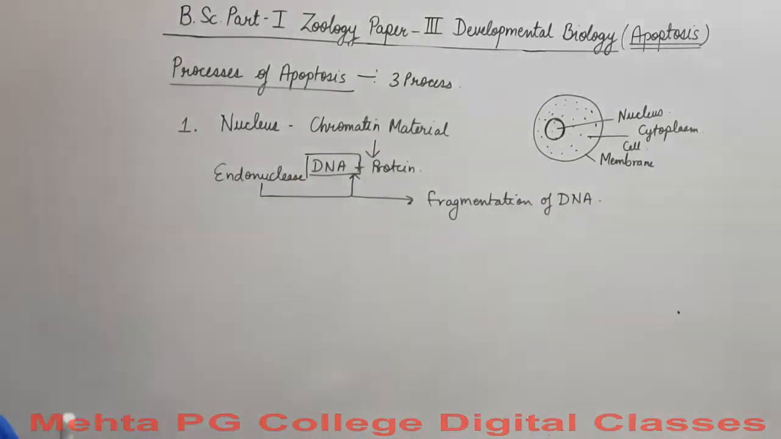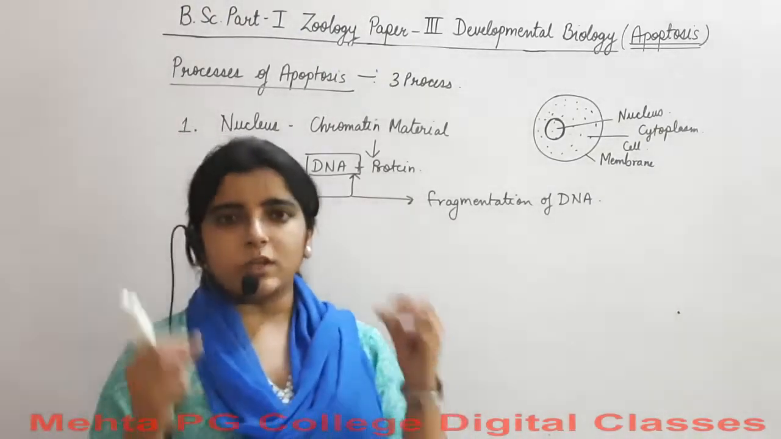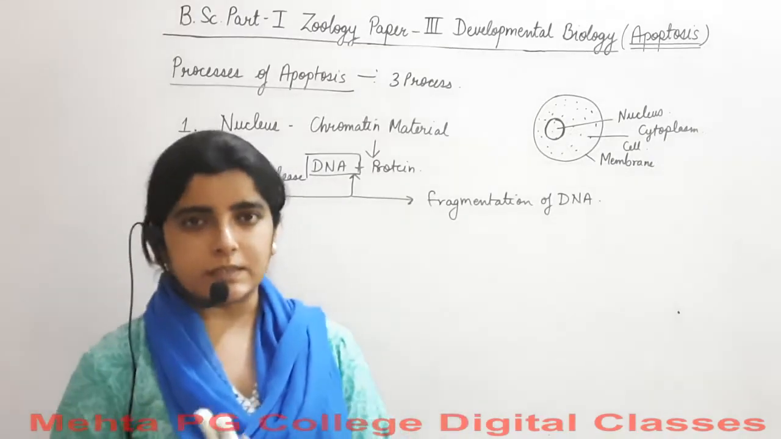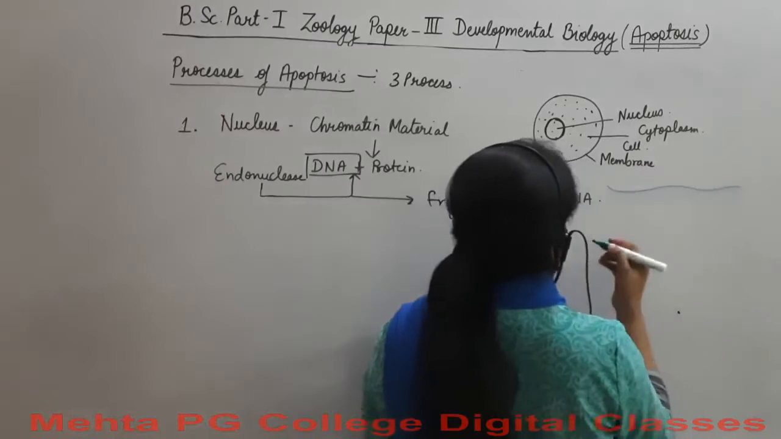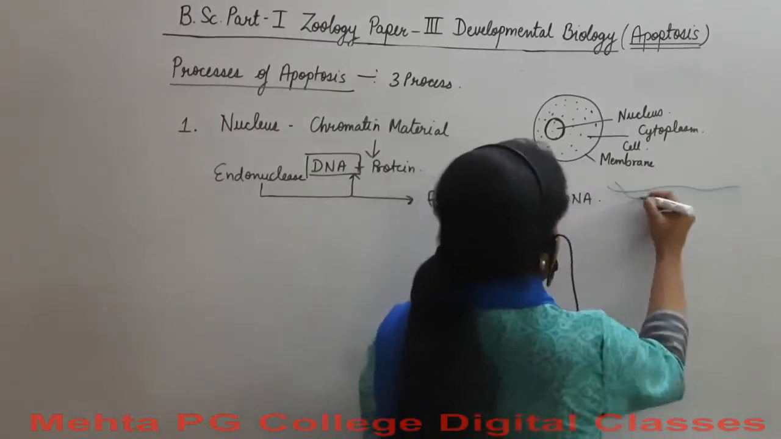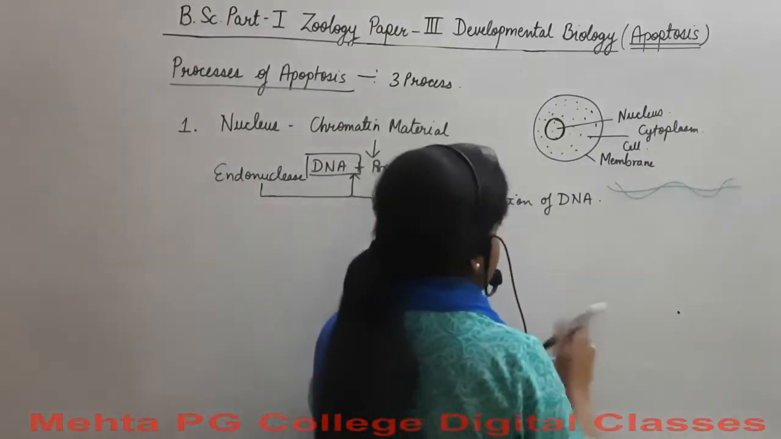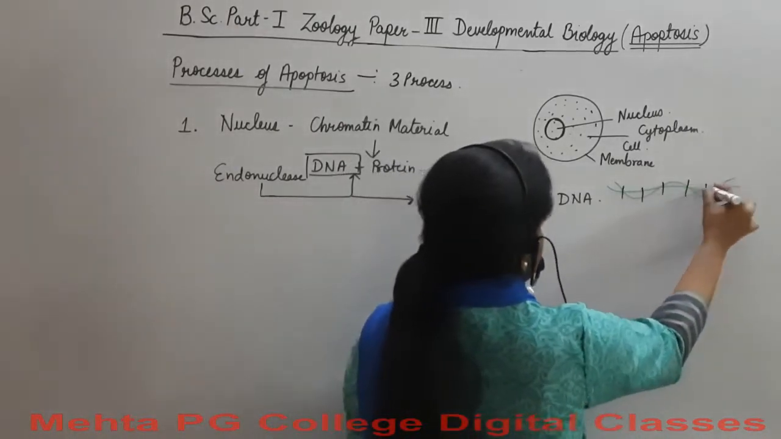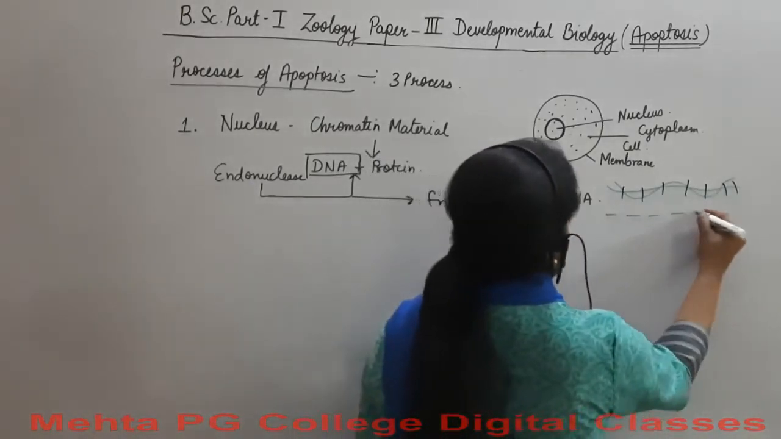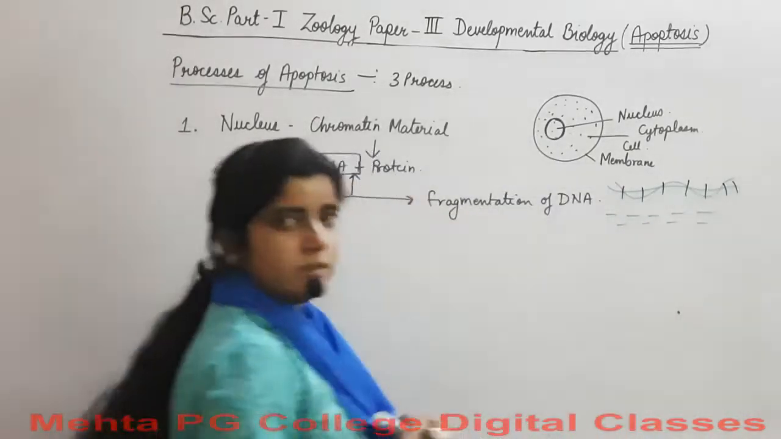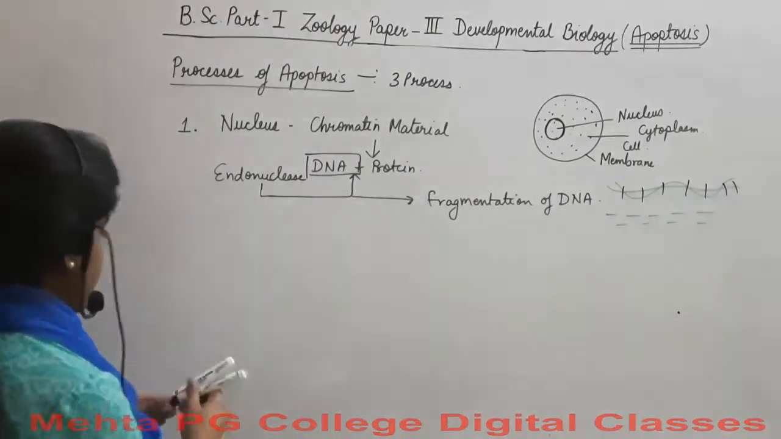Right? So endonuclease fragments the DNA and breaks it down into very short pieces. Suppose DNA is present like this and endonuclease works here, and what does it do? It breaks it down into very short segments. So it is made non-functional here, right? Second step